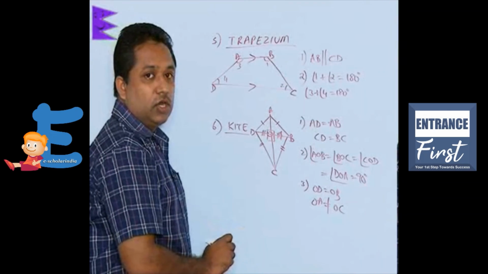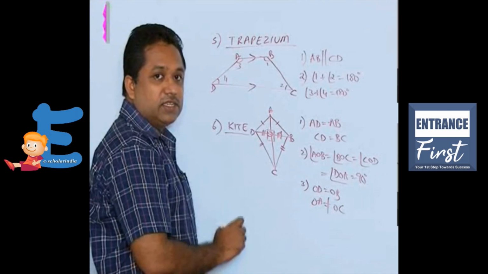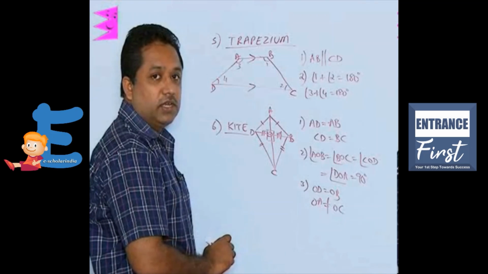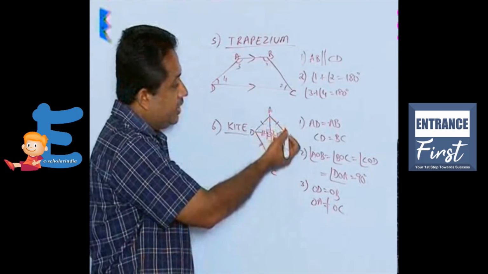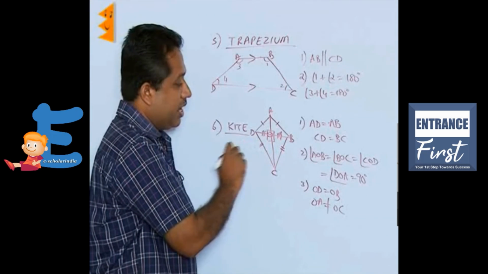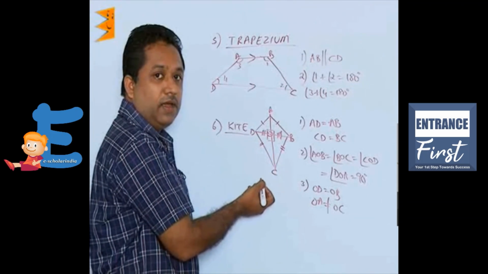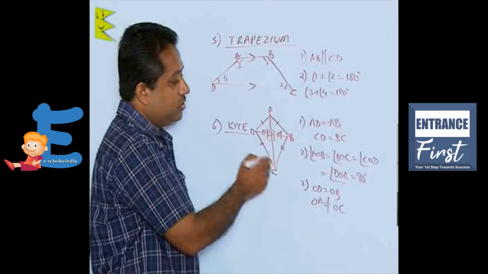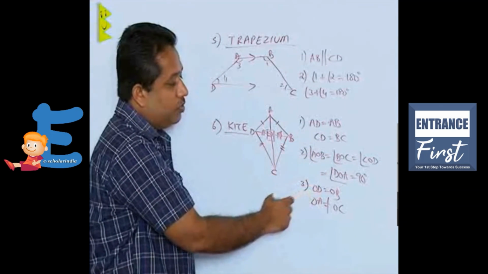in all these cases the common property will be that the sum of angles will be 360 degrees. Now based on these properties, you can be asked to find out some side, or you could be asked to find out some angle, and these have to be used, and these properties will be used to solve those